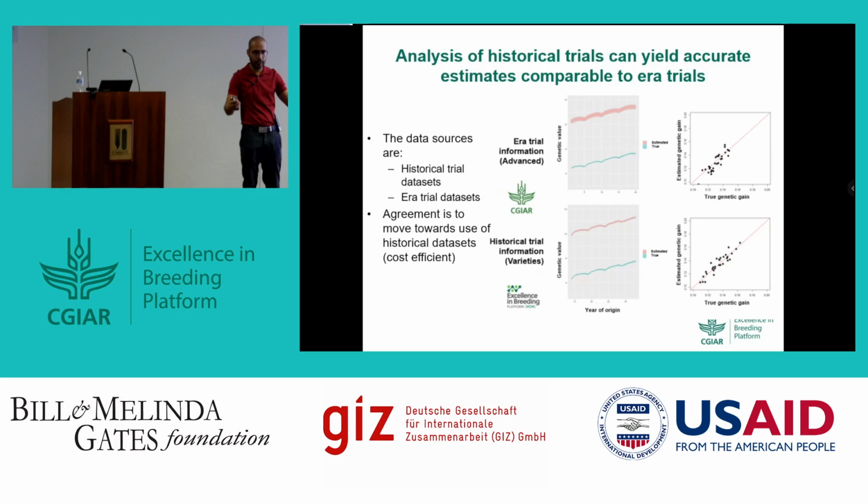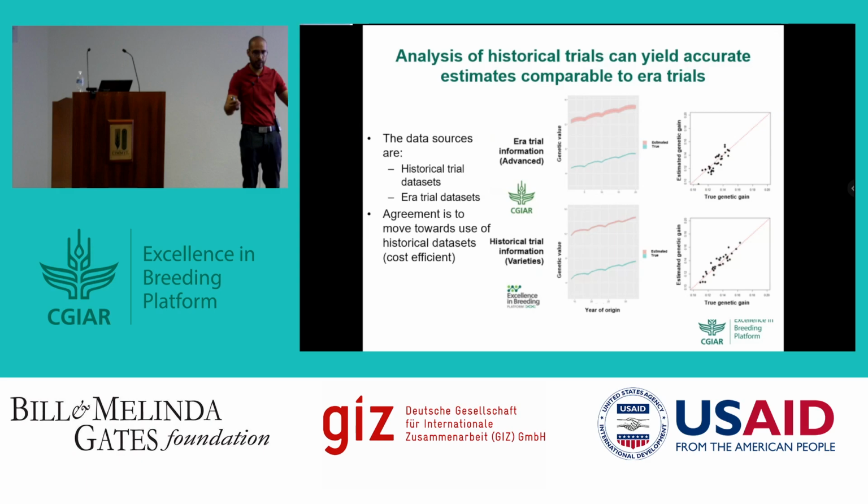So we were running several simulations, and always, for example, this one dot here represents one of these pictures where we calculate or estimate the genetic gain. We have the true one. Remember that the genetic gain is actually the slope. So it doesn't matter the intercept, because the intercept is actually difficult to really know. But the genetic gain is actually the slope. So you can see that the slope is very close for the different